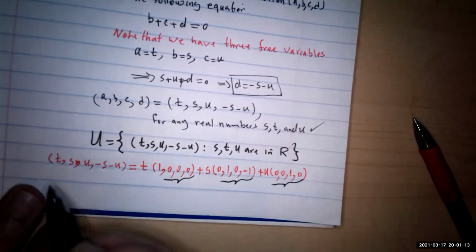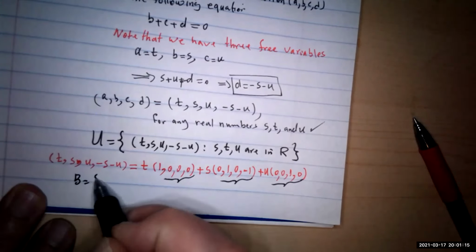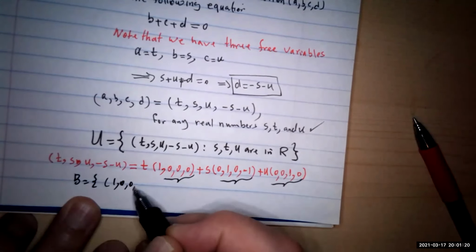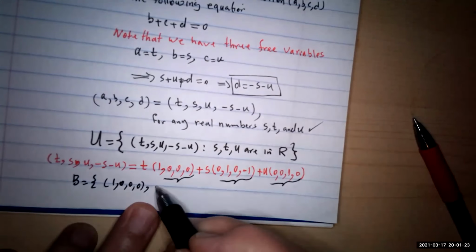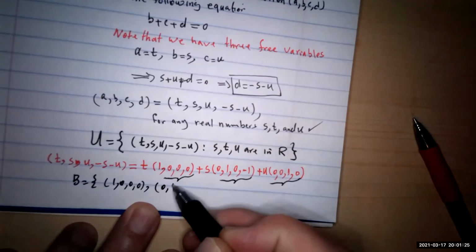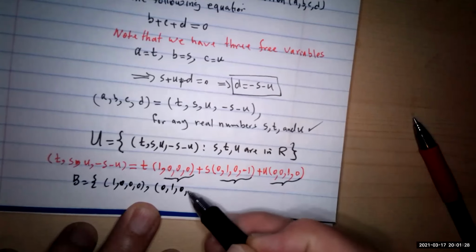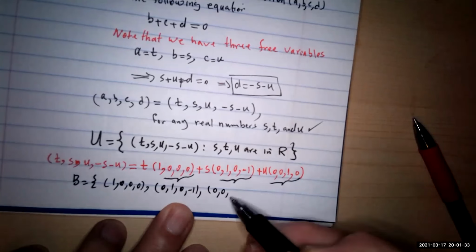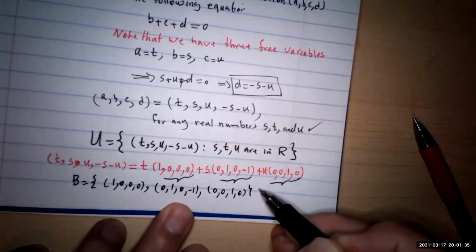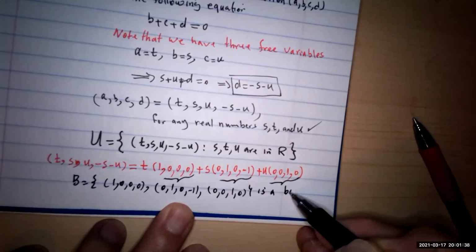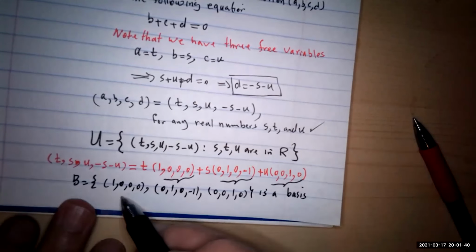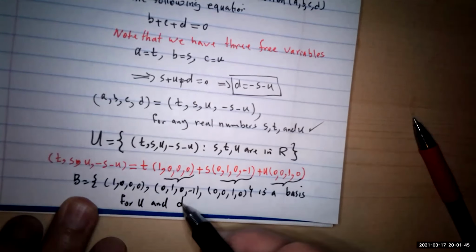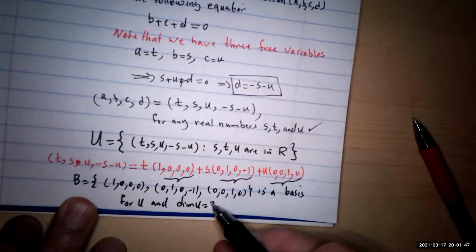So this means B equals (1, 0, 0, 0), (0, 1, 0, -1), (0, 0, 1, 0) is a basis. It's going to be a basis for U,